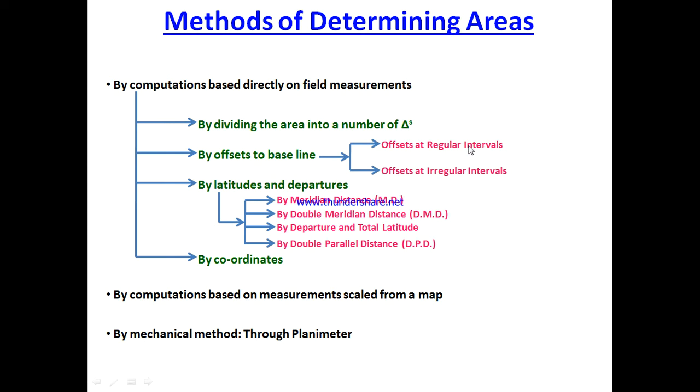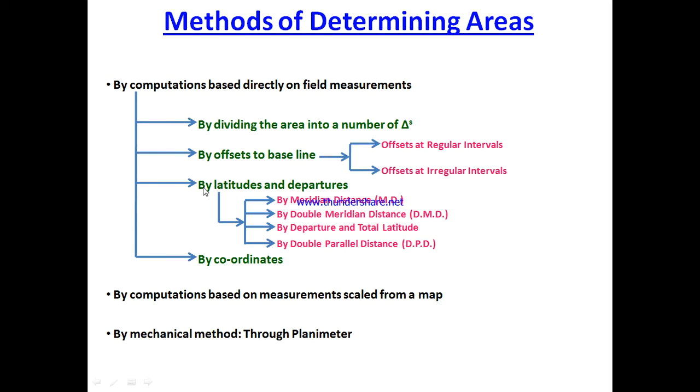For regular interval I have already explained about 4 formulas. What are they? They are the average ordinate method, mid ordinate method, Simpson rule and trapezoidal rule. With all these 4 methods you can easily determine the area of a particular field with regular intervals and irregular boundaries. While if the intervals are not regular, then also we can apply a formula which I have explained already in lecture 1, and we can calculate the area.